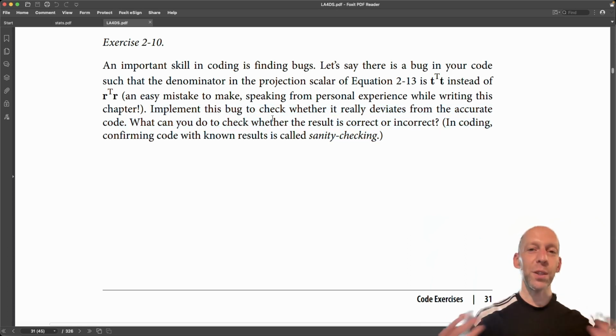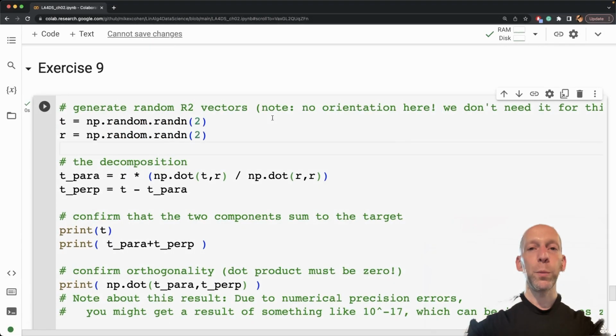Okay, so I'll switch to code. We will implement this error, and then we'll see if we can figure out why this is wrong. Implementing the code here to make this mistake is actually fairly straightforward. All we have to do is scale by the dot product of the target vector instead of the dot product of the reference vector. Now, I'm going to run this code without scrolling down yet, just to show you that